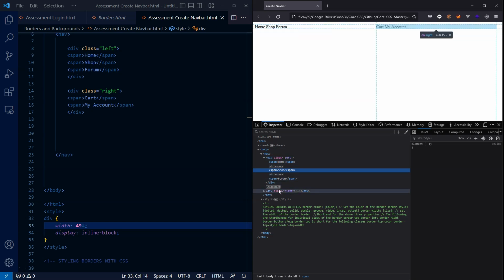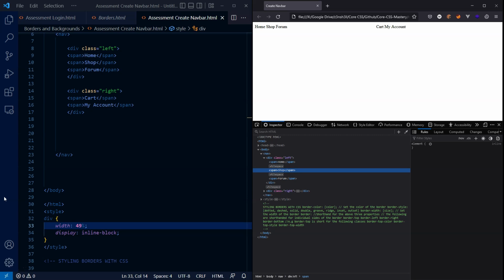And if we check out our second div, that takes up the other 50% of the viewport. But the key concept here is those two divs are now appearing side by side. We've got one set of nav links on the left and a second set of nav links on the right. Now, this is not quite what was intended,